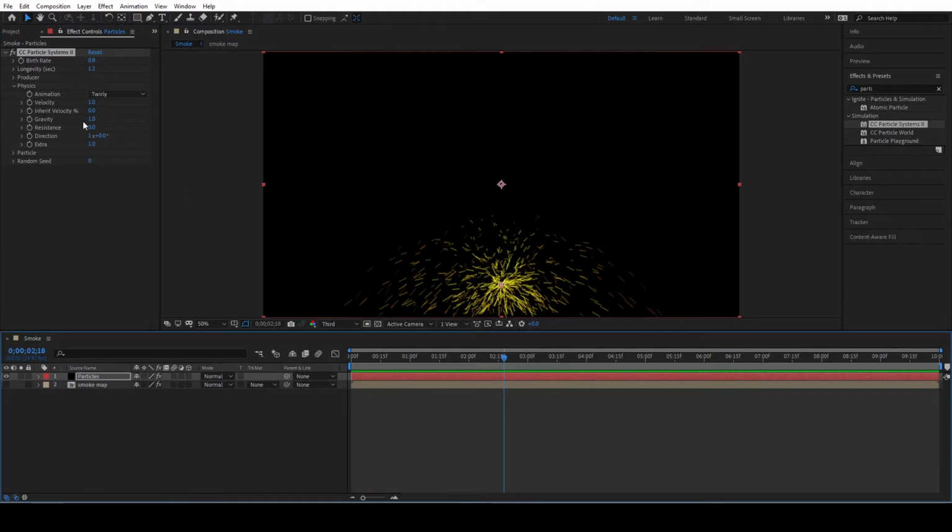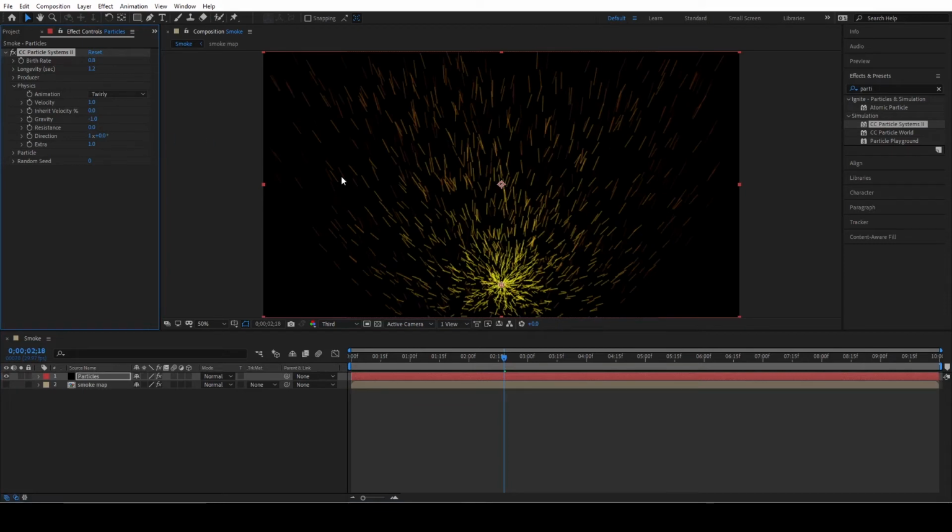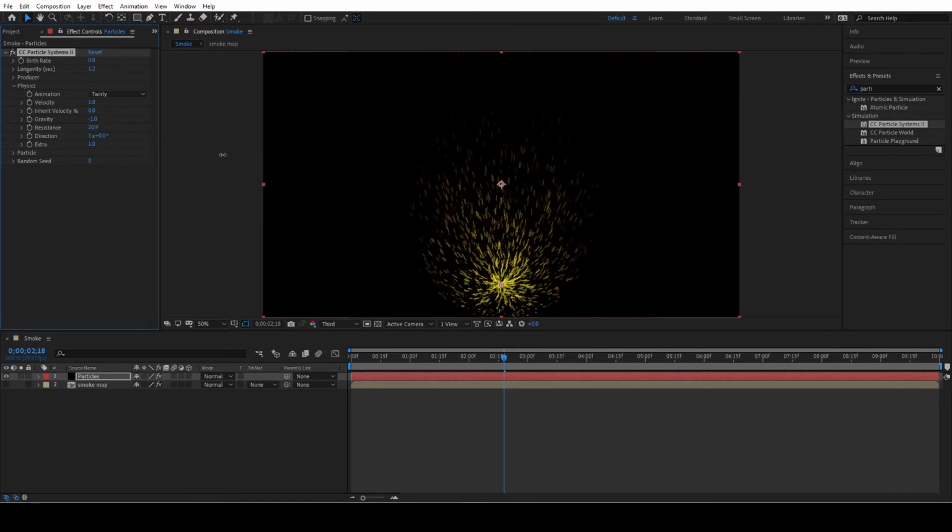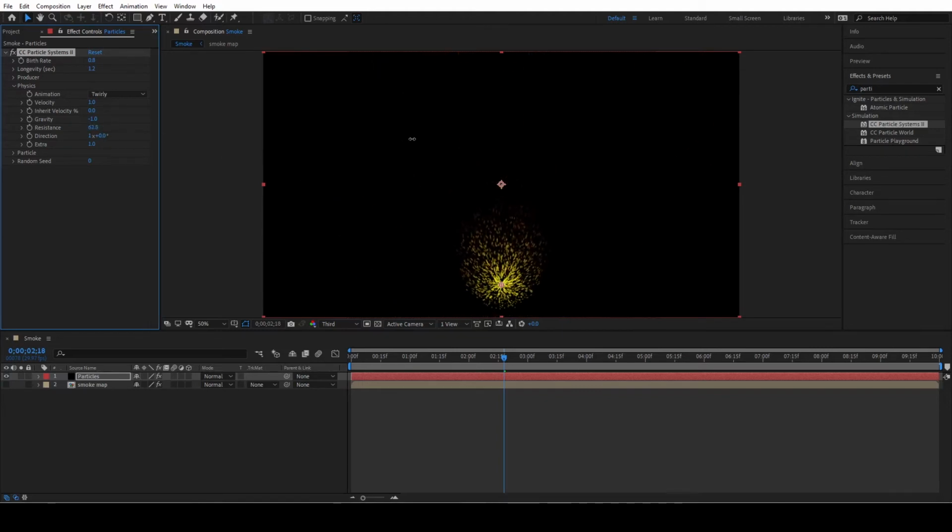With that in mind, I could change the gravity to -1, so it will go in the opposite direction, so it will start rising instead of going down. And then we could start fiddling with the resistance. So I would probably have the resistance between 50 and 75, depending on how much we have changed the birth rate. I'm just going to bump the birth rate up a little bit. And then probably change the velocity to make it slightly slimmer. Once we've got the physics part of this out the way,